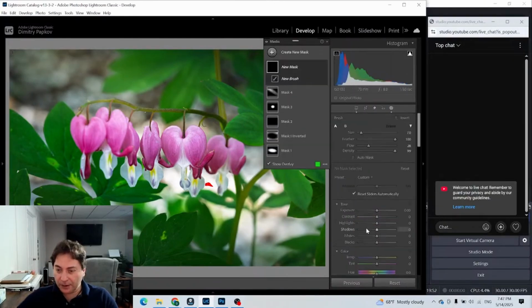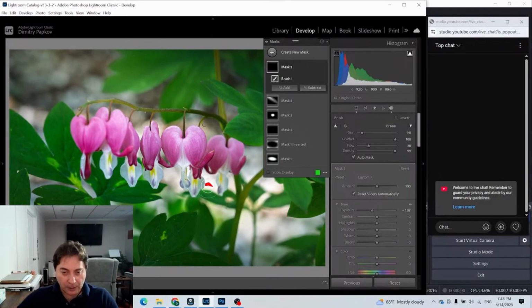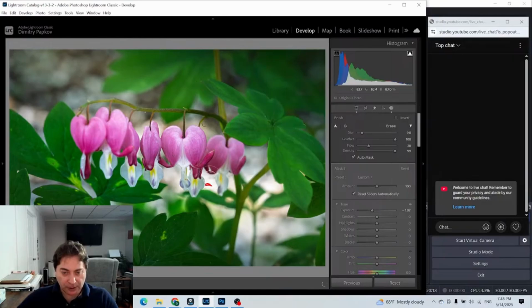So the bright areas, let's do a brush, let's do auto mask, just to darken the brighter area of the background. And we can also bring out the flowers a little bit in a sec. It's just kind of